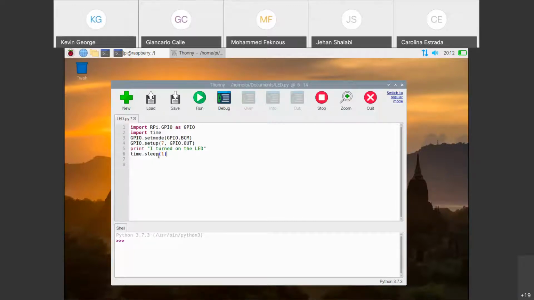Sleep is just a function of our time library to wait until we do the next action. In this case, we're going to have our LED turn on. We're going to wait 1 second, and then we are going to